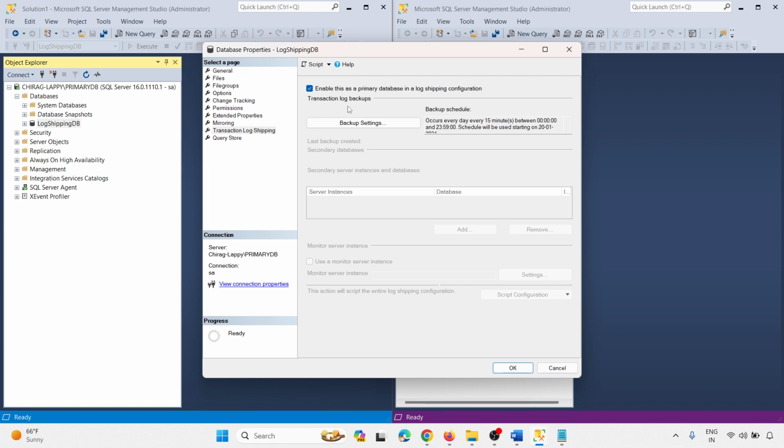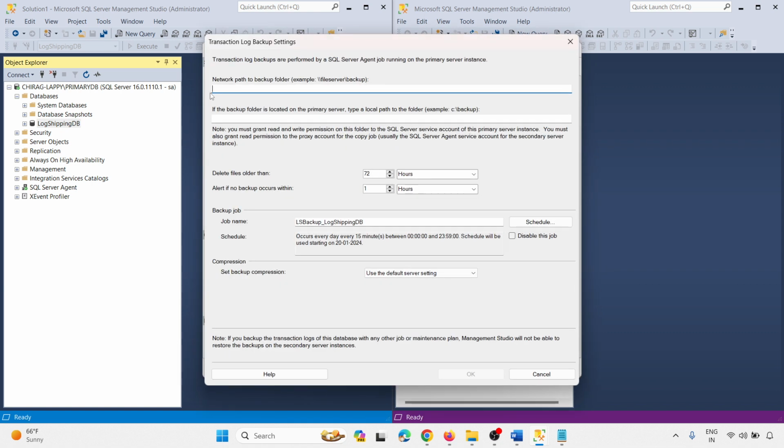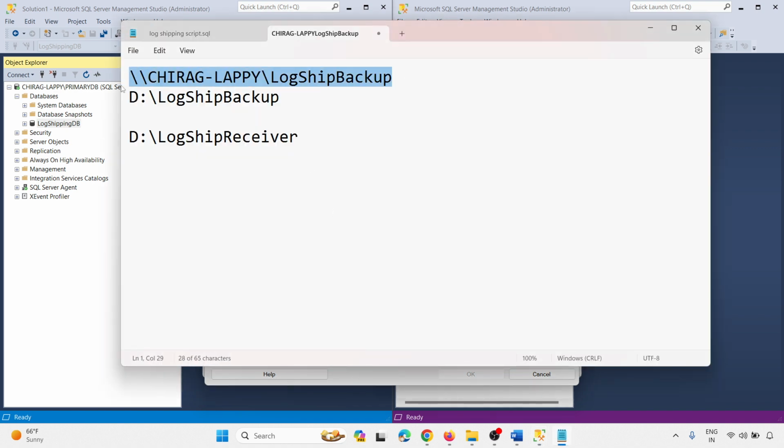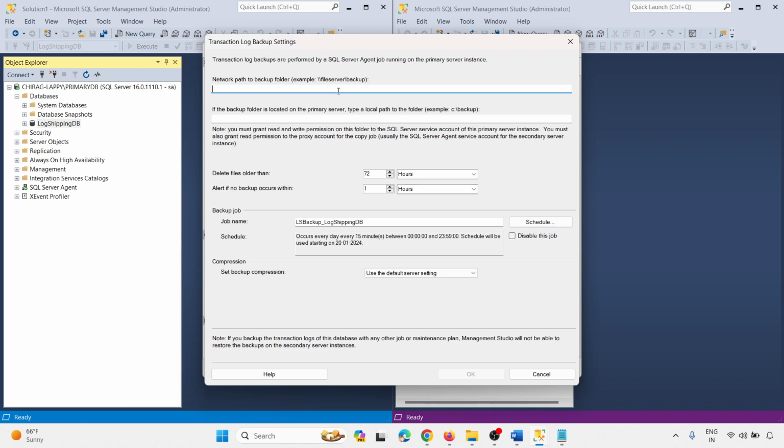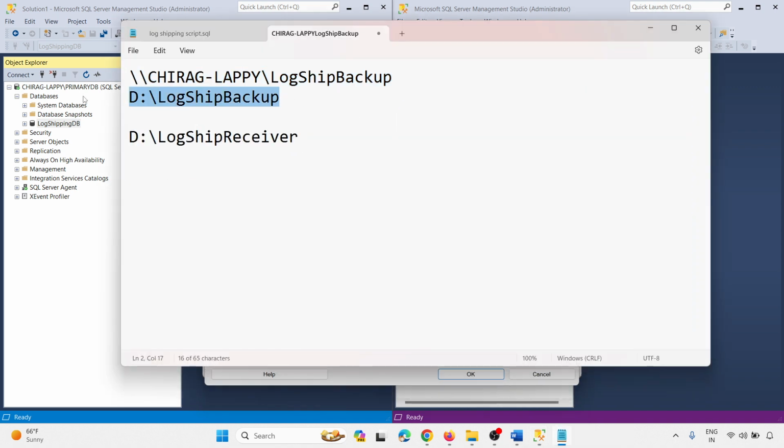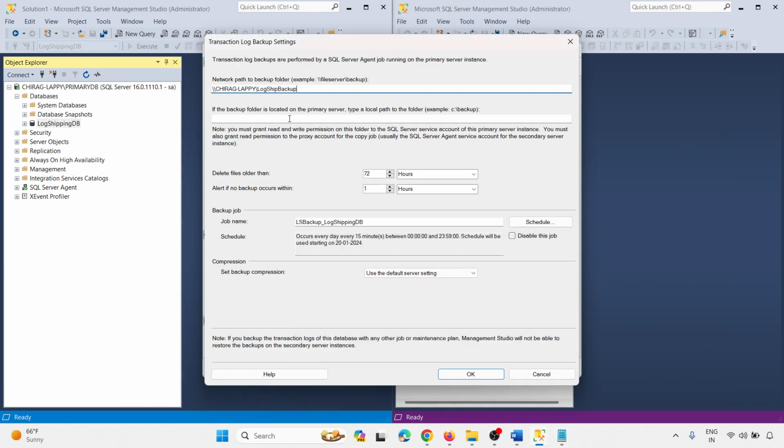There is an option, transaction log backup. So there's a backup setting. Here I need the network path. So just now we got the network path. Just click on that. Just copy this, and we need the folder path. So this is my folder path. Just copy that and put this. Okay, and here